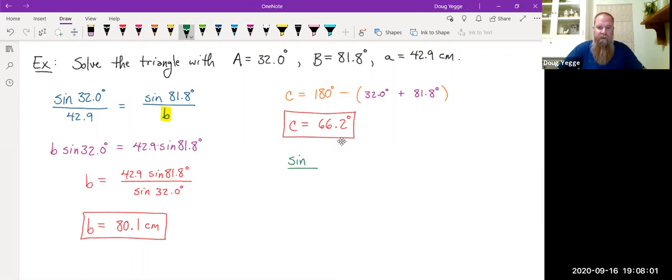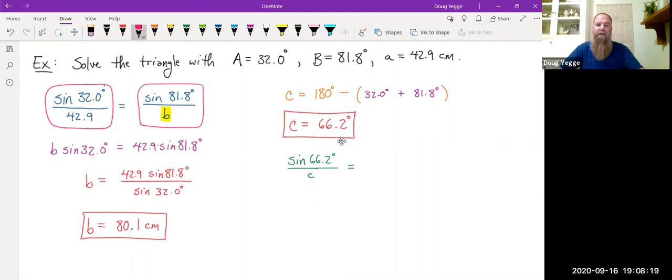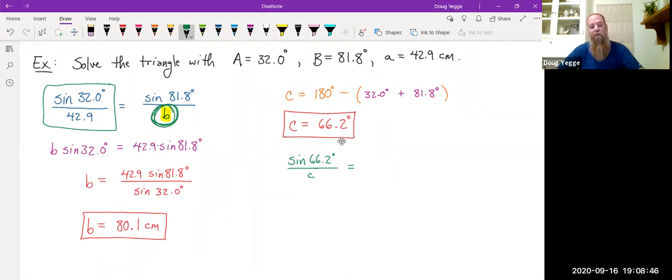So now we can fill in the law of sines: sine of 66.2 degrees over C is equal to, and now I get to use either one of the two formulas at the beginning. I could use the ratio involving A's, or I could use the ratio involving B's. Now notice, I know what B is. We just found B, so I could plug that in. But when you have a choice, and you always do, you should always use the law of sines involving the two quantities that were given at the beginning of the problem. Because 80.1 is an approximation. I rounded that, which means if I use an approximation to approximate something else, it's going to be an even worse approximation. So that's why we're going to set this equal to sine of 32.0 degrees